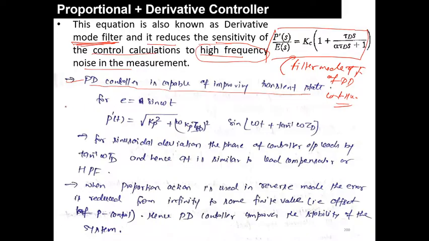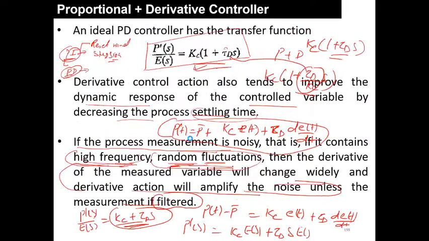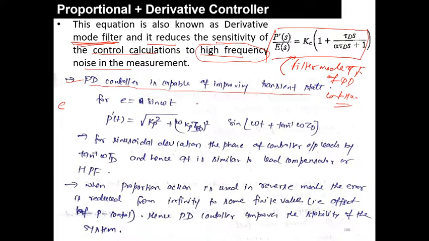Now let's say E is equal to a sinusoidal variation. We have seen how the proportional derivative controller behaves with the step input or the ramp input, but now we are taking the error signal as a sinusoidal variation. When you put the sinusoidal variation and find the response with 1 upon 1 plus tau s, this 1 upon 1 plus tau s is the process dynamics we have already seen. If you look at my previous lecture, you can correlate these things. This is the process dynamics we are usually taking.